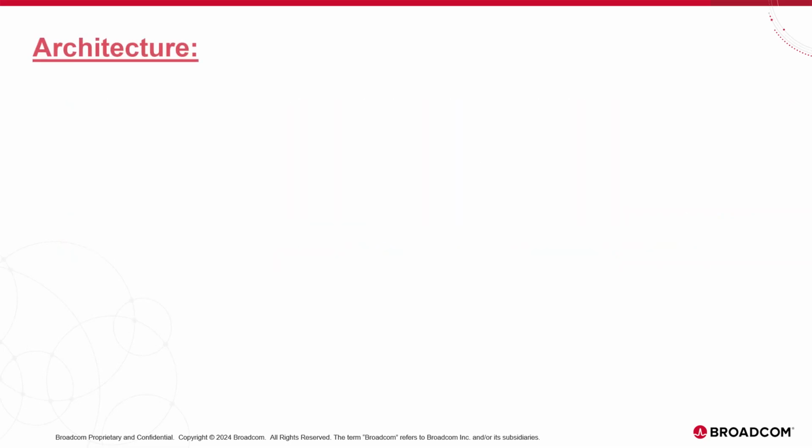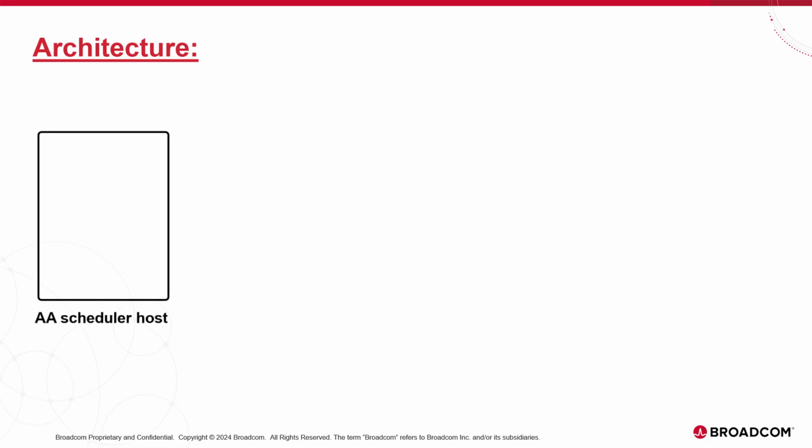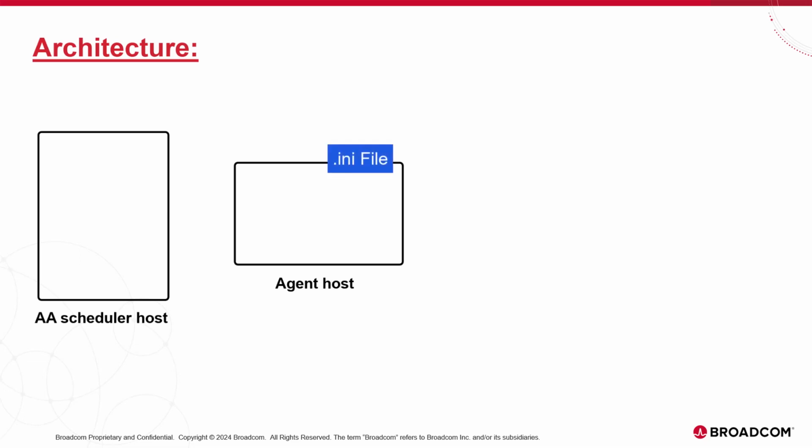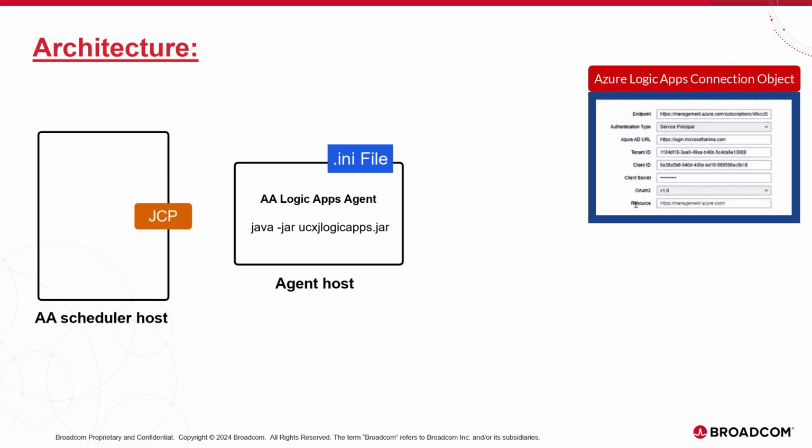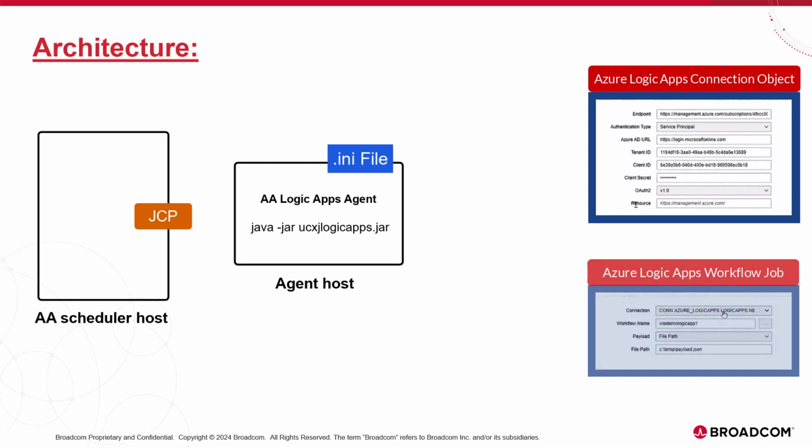A conventional architecture involves two systems, the Automic Automation host and a dedicated system for the agent. The agent is configured with a simple INI file containing standard values: system, agent name, connection, and TLS. When we start the agent, it connects to the engine and it adds two new objects to the repository: a connection object to store the Azure Logic Apps endpoint and login data, and a job template designed to trigger run